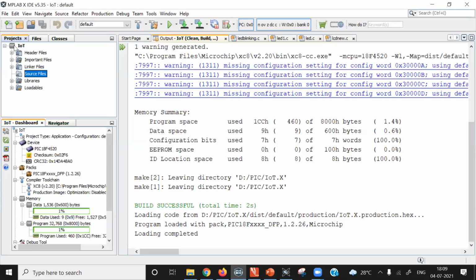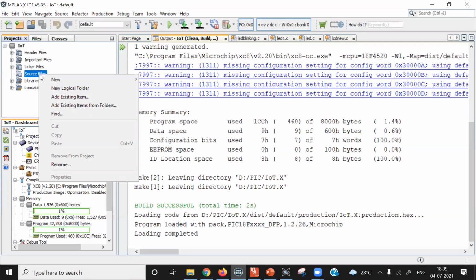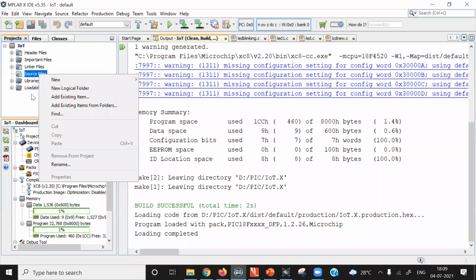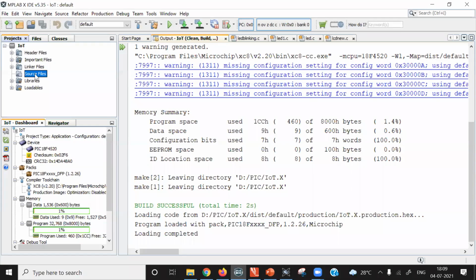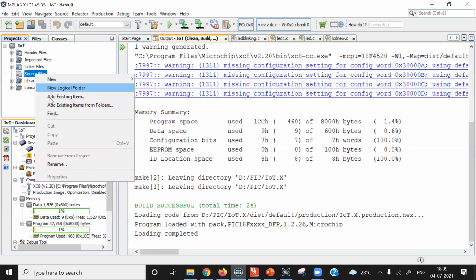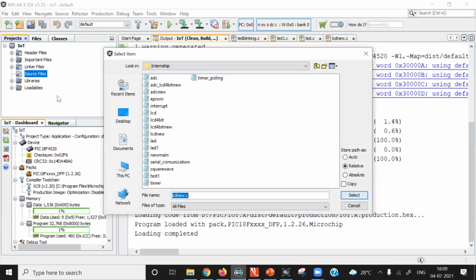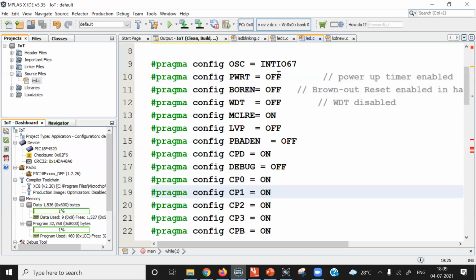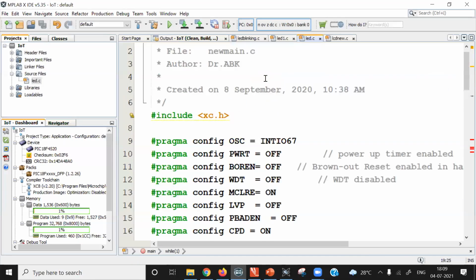So what I will do is, we have created IoT project yesterday. Same project we will use, and I am going to add another C file. If you have already written a C file, just right click on the source file here and select add existing item. So I am selecting an already written C file, that is LED. This file is added here. If I double click on it, this file will open in the editor pane.